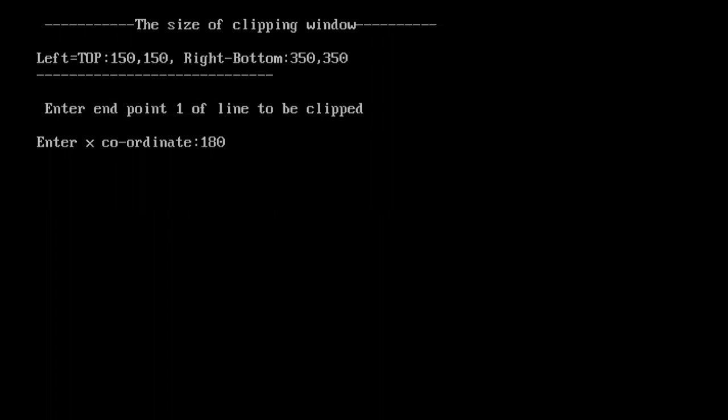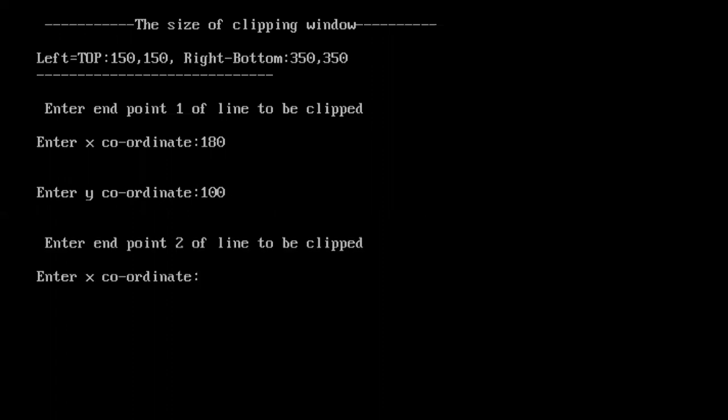Here we'll put 180, and your y less than 150, so we'll consider 100, and again here we'll consider 200 200. So it will go inside the window. This line is vertical and it will clip this line. You can check a number of cases, it is working very well.